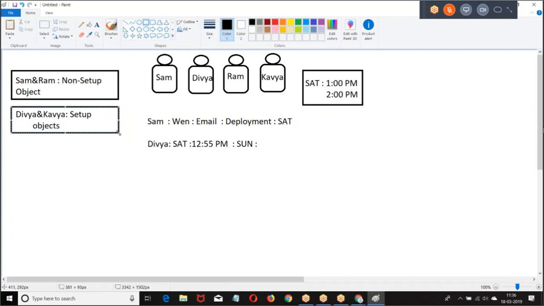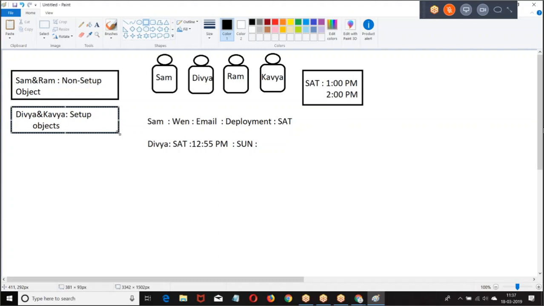I hope you got my point. Now, you make any changes on Shyam and Ram, no impact on the team. But if you make a change on Divya Kavya, there is impact on the team. So, objects on which, if I make any DML, if they impact the permissions of the users on the database, they are called setup objects.